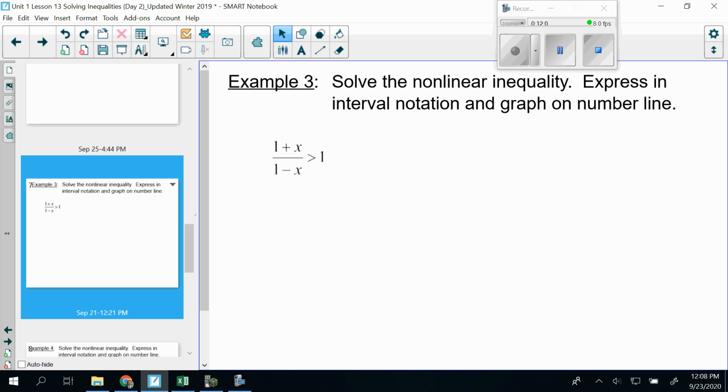All right, the other examples we're going to look at are these nonlinear ones. Express this in interval notation again and graph on a number line. So the first step doesn't change. We still want to get this compared to 0. So here it looks like we need to subtract 1 to the other side. So now our